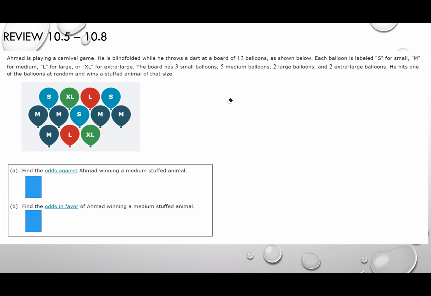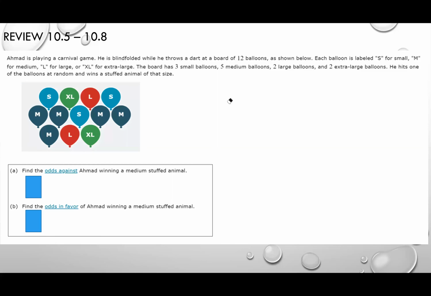The other item we have is if we give you this chart, we give you this item, and I told you guys that we went over the odds a little bit different from what the problem gives you. So if you go to this fair, you can see that this is the balloon that you throw the dart at, and if it pops, you win the prize, right? You have a small, medium, large, and extra large. So they ask you to find the odds against. Remember, the odds against is what you don't have over what you have. Okay, find the odds against winning a medium